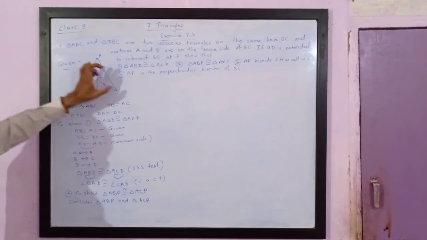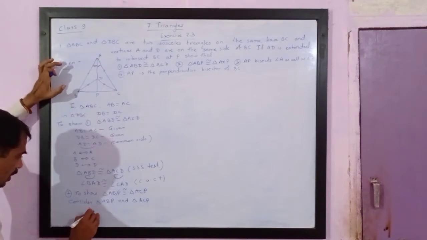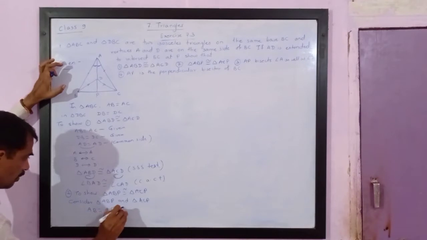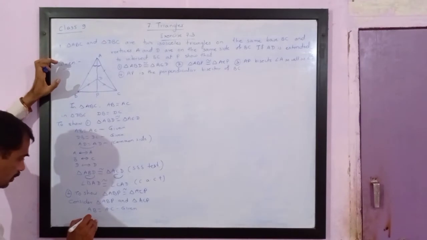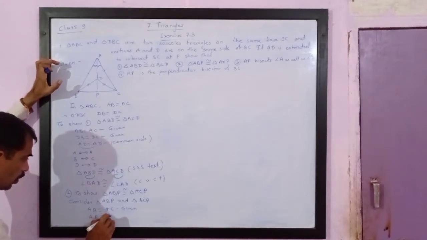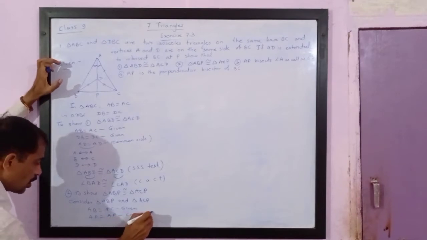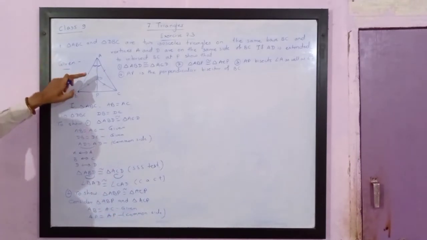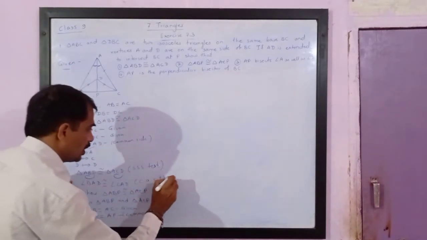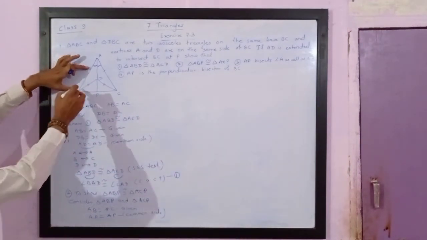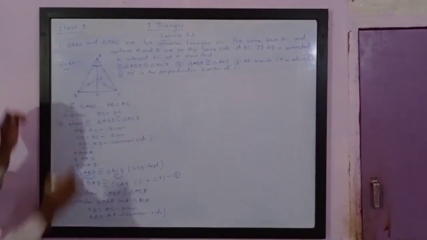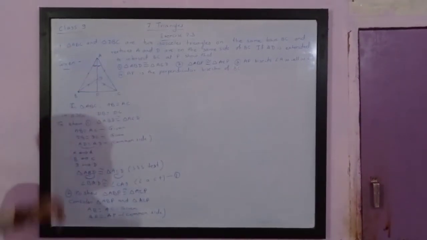Please understand, AB is equal to AC. This is given. AB is equal to AC is given. Then AP is equal to AP. Common side. Every side is congruent to itself. Now see, we have to see the first result. This result. Angle BAD is equal to angle CAD. So you will see that two sides and the included angle are congruent. It means two triangles are congruent by SAS test.